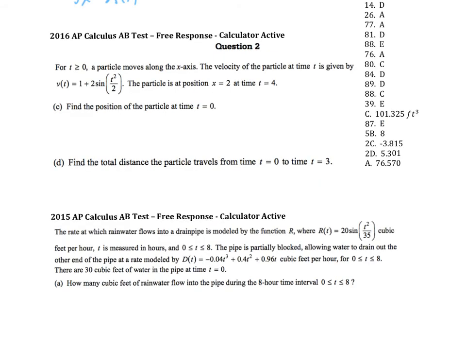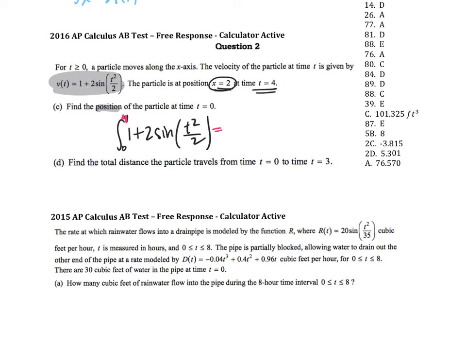Okay, they gave us the velocity. In order to get the position, we're going to integrate velocity. So I'm going to integrate my 1 plus 2 sine of t squared over 2. And I'm going to integrate that from 0 to what? It says the particle was at 2 at time t equals 4. So if I set my integral with my upper bound being 4, I'm going to change this color because I think that this is a hard step. If my upper bound is 4,